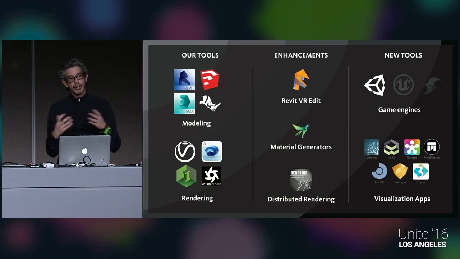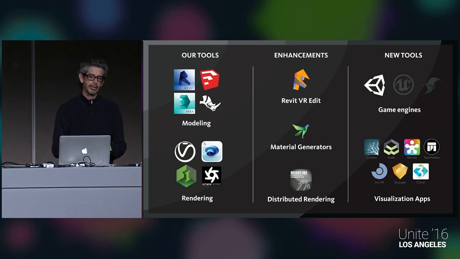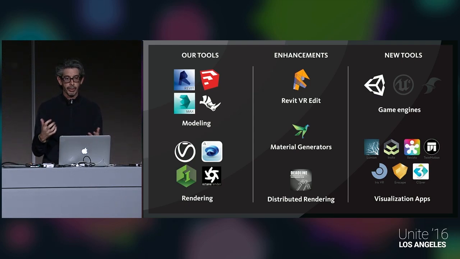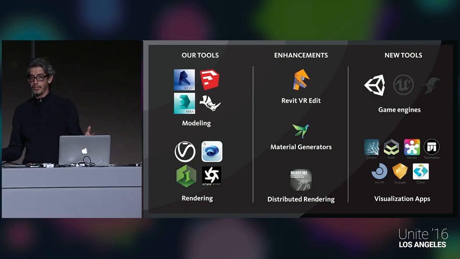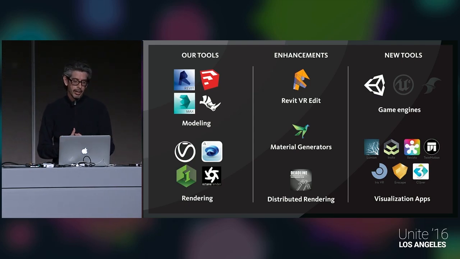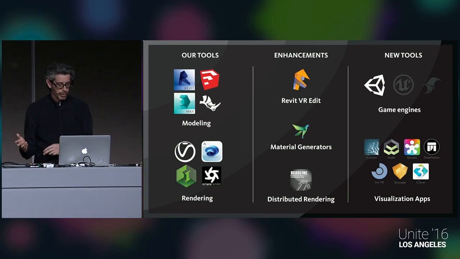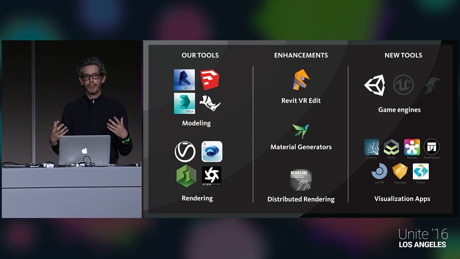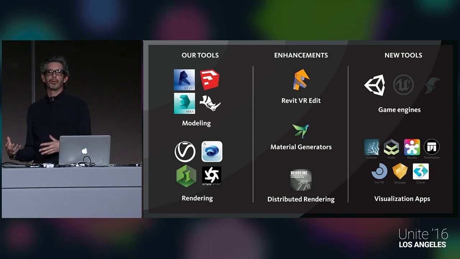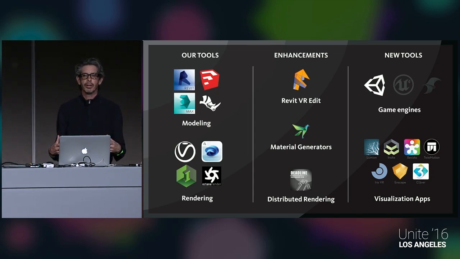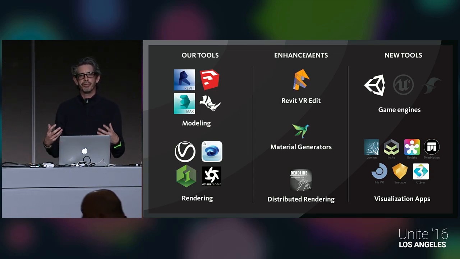We have a lot of tools at our disposal, and we've talked about Revit already, but Sketchup is a big tool for us in the beginning, and we do a lot of modeling in Max and Rhino and a lot of other programs, even FormZ for some of you who know what FormZ is, and we do a lot of rendering. We use a lot of different platforms. This is to show that our ecosystem for software is broad, because when you're talking about creativity, you can't force people to use one program. You've got to let them use what enables them to be the most effective.